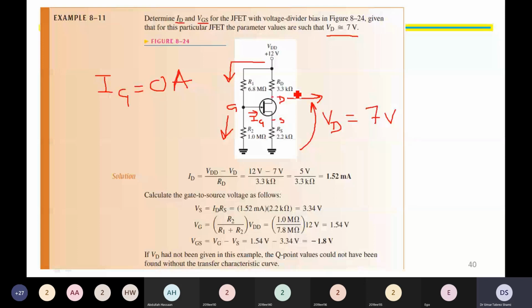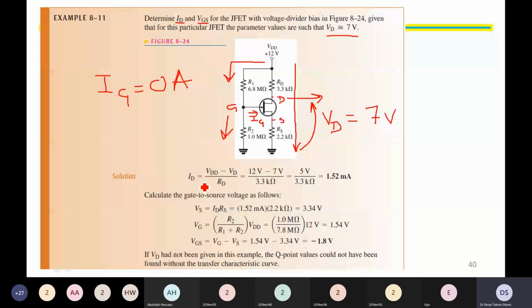ID is the current that flows through RD, through drain and source, and then through RS. ID is the same current that flows through RD, the same current that flows through drain and source, and the same current that flows through RS. Voltage at D is 7 volt. This means that ID is equal to VDD